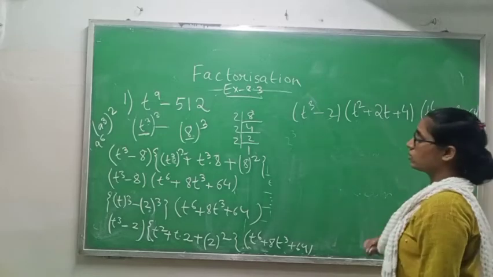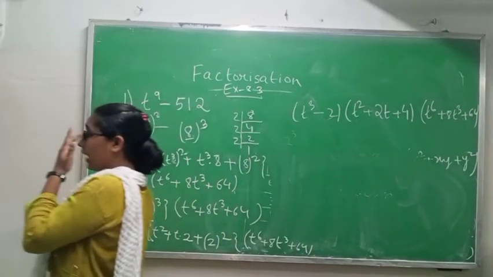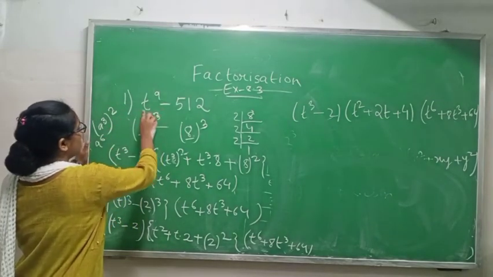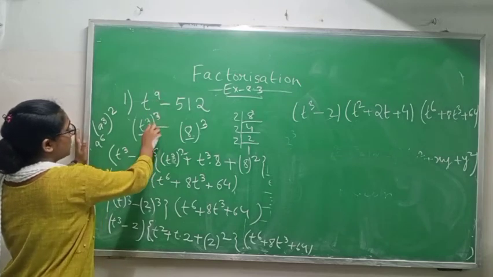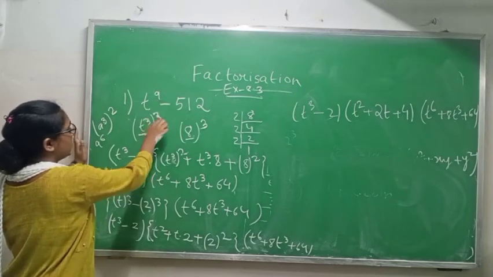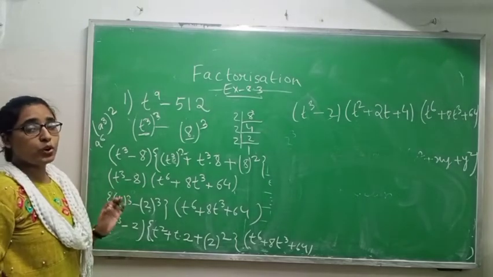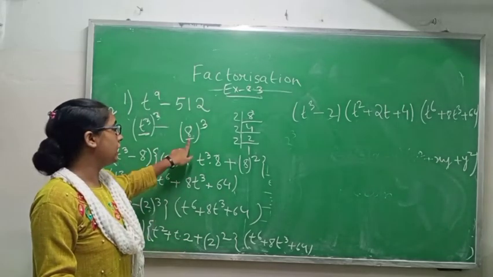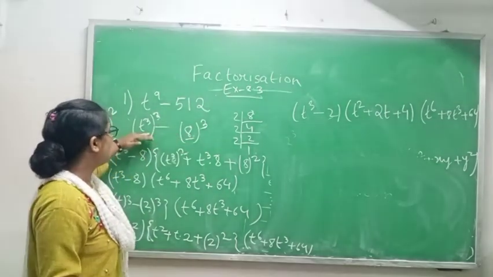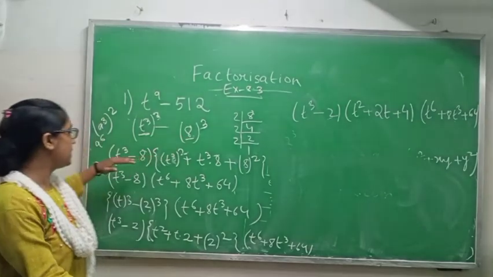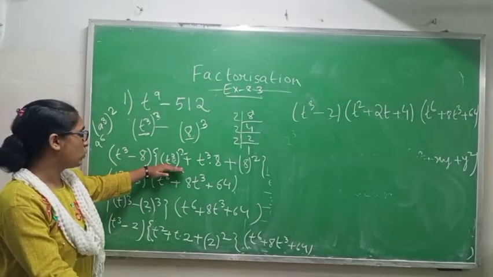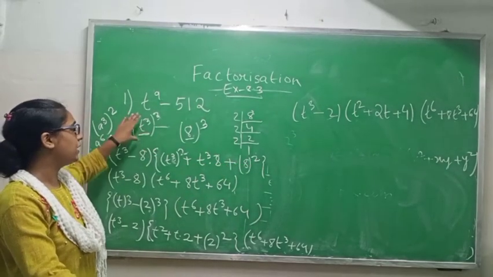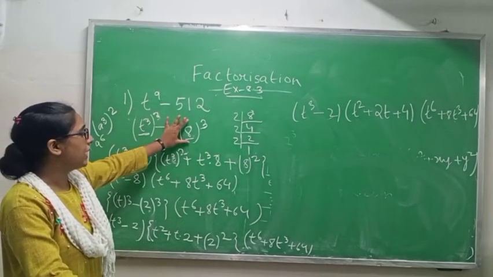Again I am repeating the question: it is given t to the power 9 minus 512. First I am making it a cube of a cube. Means t 9: 3 3s are 9, so I am writing one 3 inside and one 3 outside, by making it into the formula of cube. Now 512, when I have taken the LCM, I am getting 8 to the power 3. Okay. Now the formula is x cube minus y cube, which is x minus y, x square plus xy plus y square. I am just putting the value of x and y here. x is t cube and y is 8.